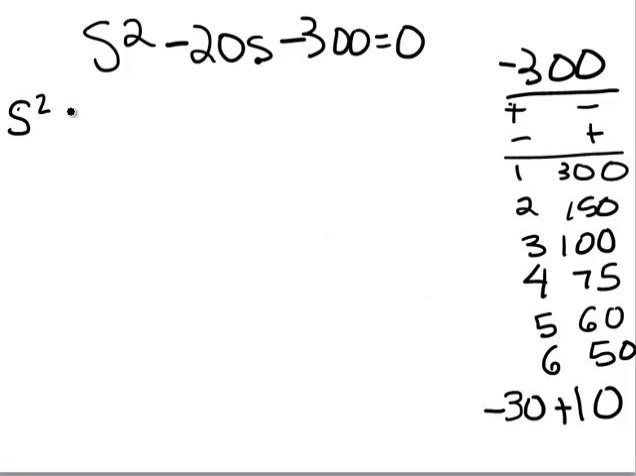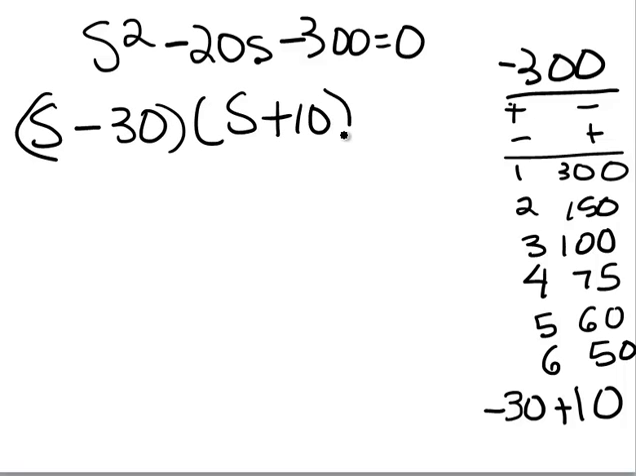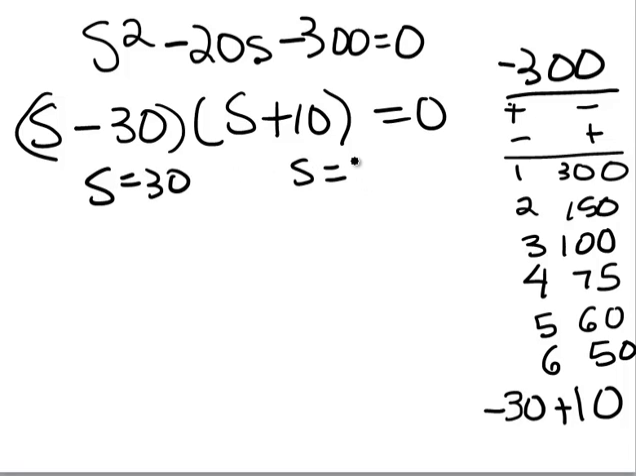S squared. Oh, heck, we can do this one. We don't need to group it. So (S minus 30) times (S plus 10) gives us 0. S equals 30. S equals negative 10. And remember, what are we going to use for length? Do we want this one or this one? I want this one,